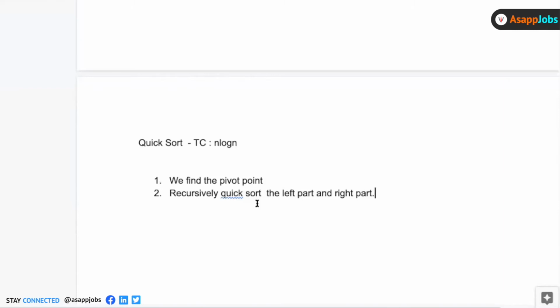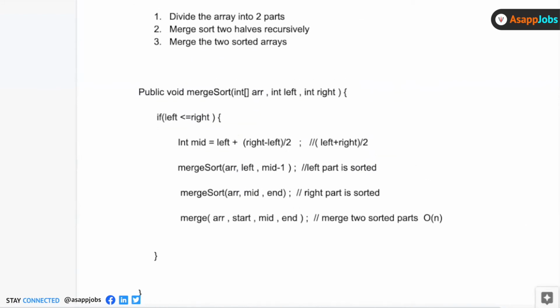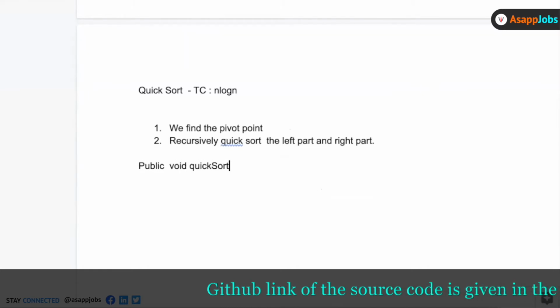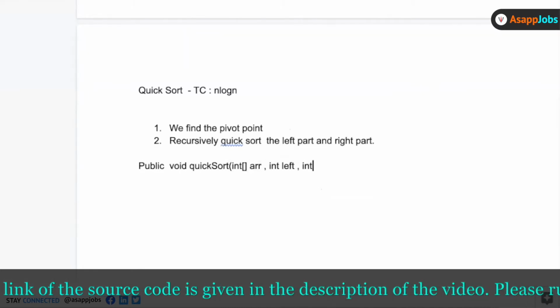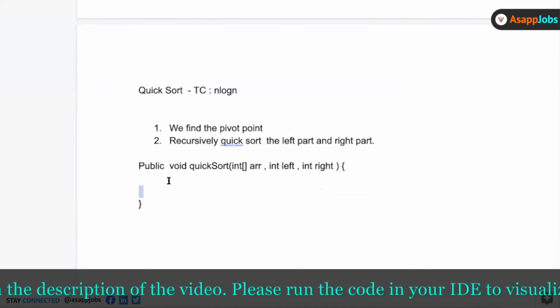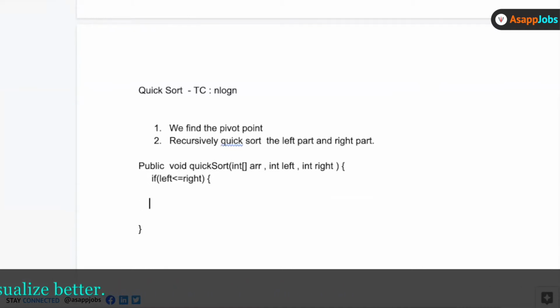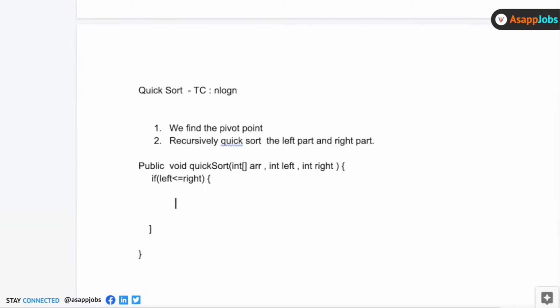So first of all, we have to find the pivot point. And once we know the pivot point, we recursively call the quicksort on the left part of the pivot point and recursively call it on the right part of the pivot point. So if I have to write the code, it should look something like this. So public, and we first find the pivot point. And we just simply call the quicksort on the left of the